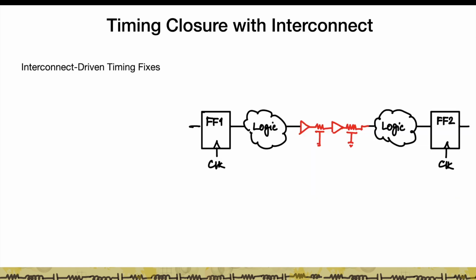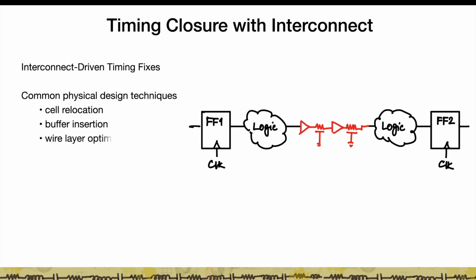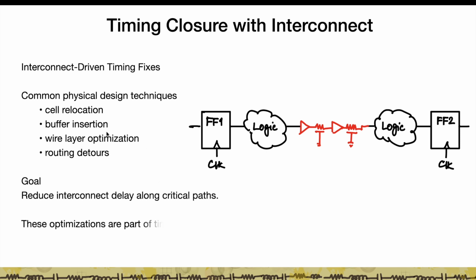When interconnect is the culprit on a failing path, the fix toolkit is different from the logic domain. Cell relocation moves a cell physically closer to its driver or receiver, shortening the wire. This is the most direct fix: less wire, less delay. Buffer insertion breaks a long wire into segments, as we covered. Each segment sees less RC and the